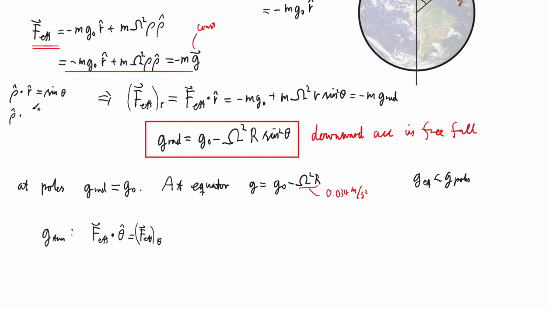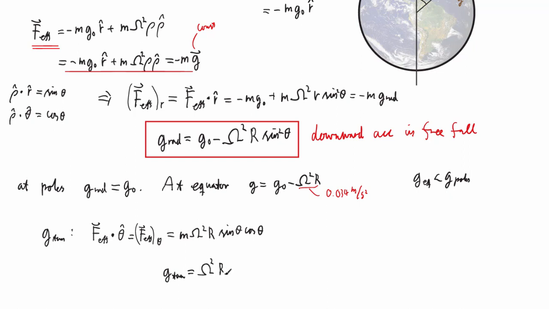We can then make use of the fact that rho hat scalar product with theta hat is cosine of theta. And then we get this expression from which we can extract that the tangential component of the effective g, the one that actually goes along the surface of the Earth,